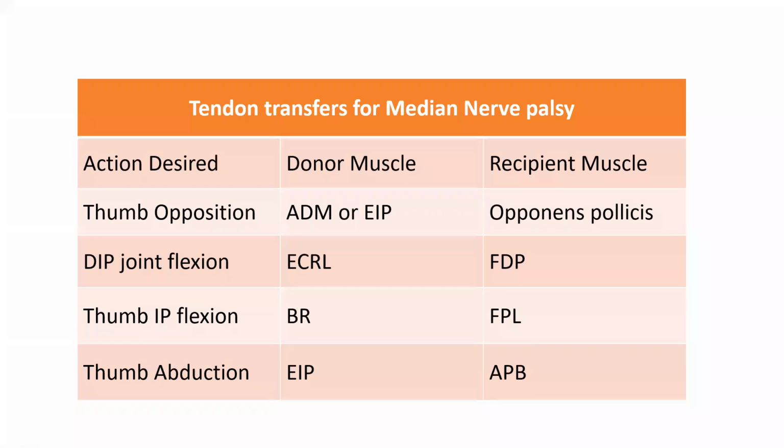The tendon which contracts these two fingers can be tethered along with these two fingers so that one single muscle will cause all finger flexion. The problem here is, since it involves four fingers, the action is a bit weaker. Whereas if you do the ECRL transfer, this is separate. You can do it individually, right? Now this is for FDP.